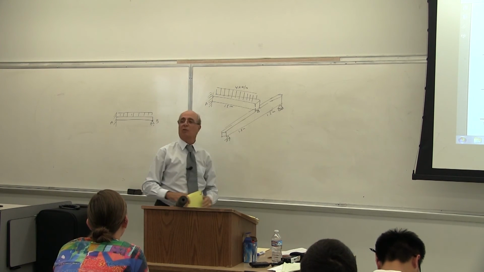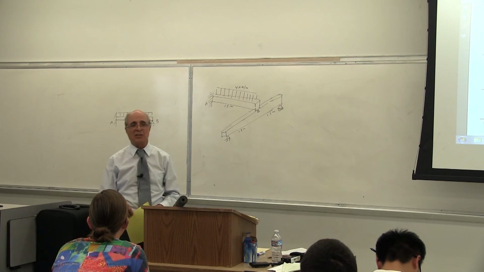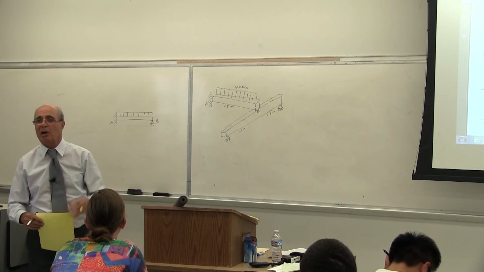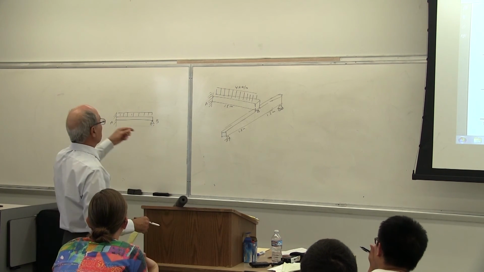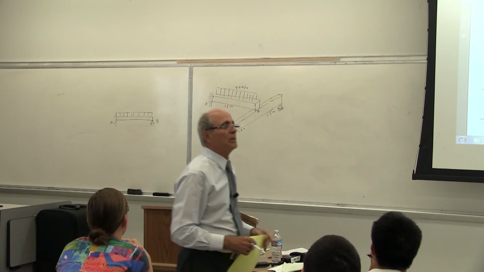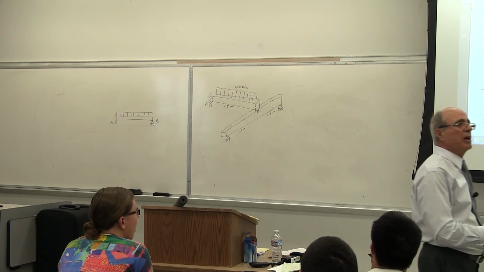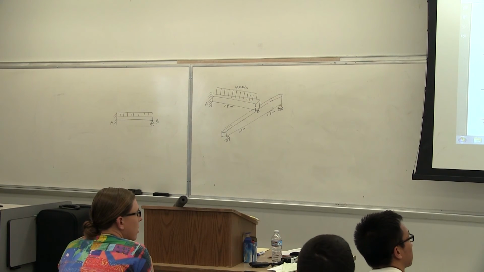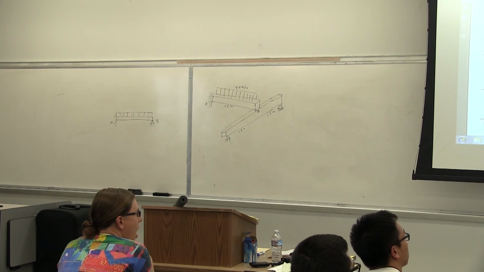So that point B is not going down. So in that respect it is not the same. It looks the same, but it's not the same. I want you to understand the difference between when we put a support there and when something is moving up and down a little bit. Does point B go down or not? Yes. Okay. How much down does it go?